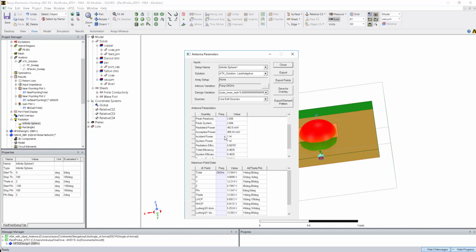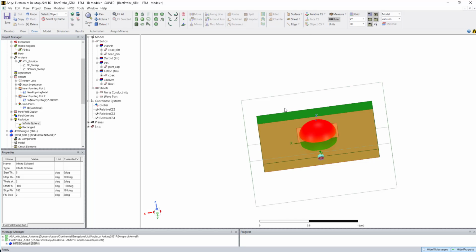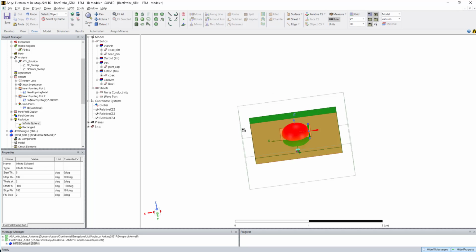That means close to 52 or 51 percent of power is reflecting back to the port. It is due to the impedance mismatch. That means this antenna is not perfectly matched. Its S11 should be somewhere about minus 3 dB at 28 gigahertz. And also note that the radiated power is only 483 milliwatts, and the radiation efficiency is 987. That's the first thing you keep in mind. We need that data after doing some post processing.